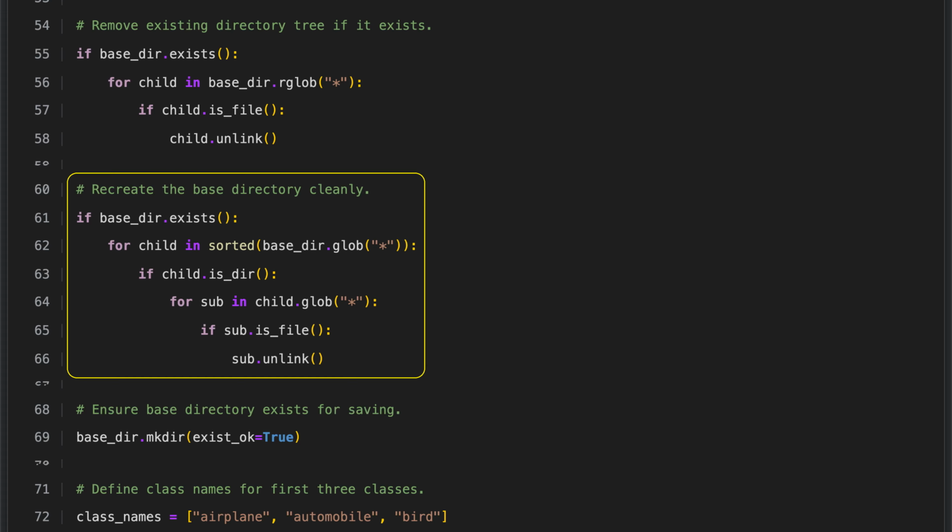The code makes sure the base directory is clean by first checking if it already exists, and if so, it goes through its contents in order. For each item, it checks whether it is a subdirectory, and if it is, it then looks at everything inside that subdirectory. Any files found in these subdirectories are deleted. This process removes all existing files while keeping the folder structure intact, so the program can start fresh without leftover